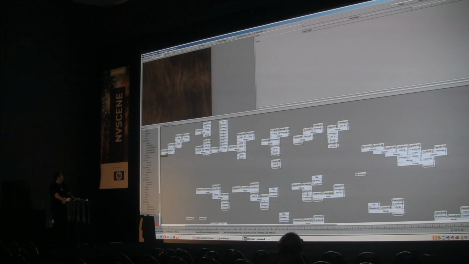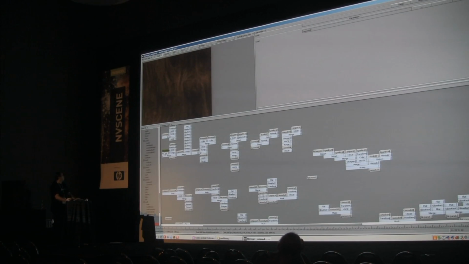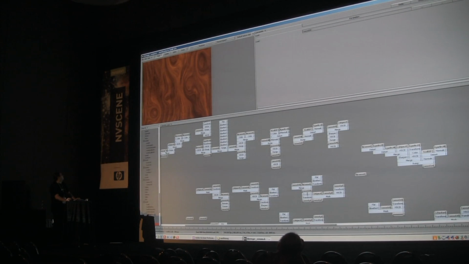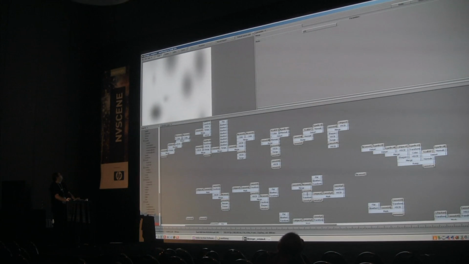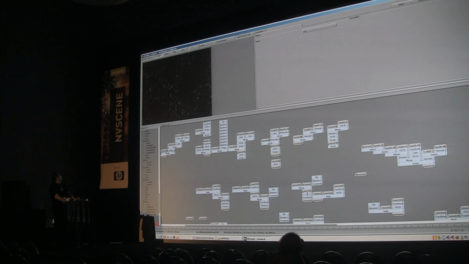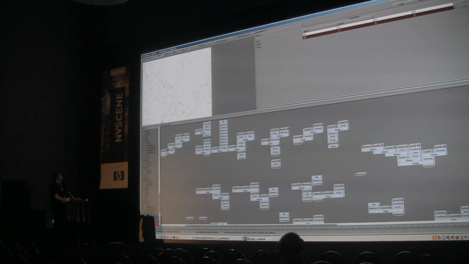I hope I will find the place where the actual wood comes from. Yes, and here this is the part where he makes the little black dots. Of course, the dots should not be where the holes are, because the holes usually don't have these dots.